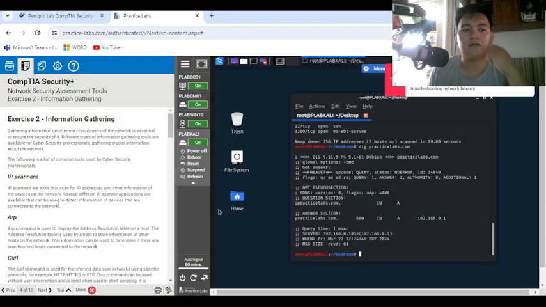Exercise: information gathering. Understanding the different components of the network is essential to ensure its security. Different types of information gathering tools are available for cybersecurity professionals. IP scanners are tools that scan for IP addresses and other information about devices on the network. ARP is used to display the address resolution table